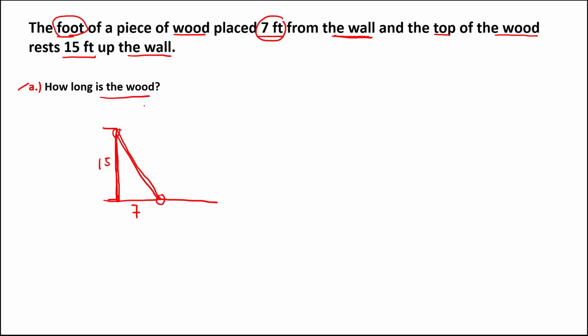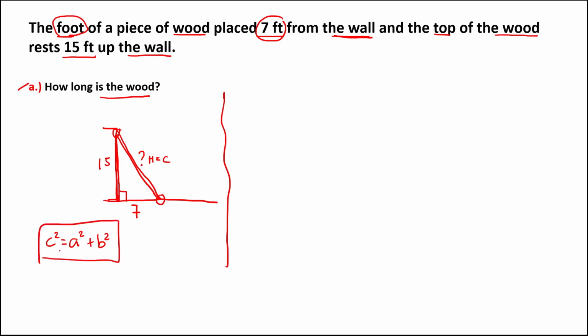Then to find the length of this wood, since this is a right triangle and this side is the hypotenuse, this is equal to C, because in the formula for the Pythagorean theorem, C squared equals A squared plus B squared. So to solve now for the length of the wood, from this formula,